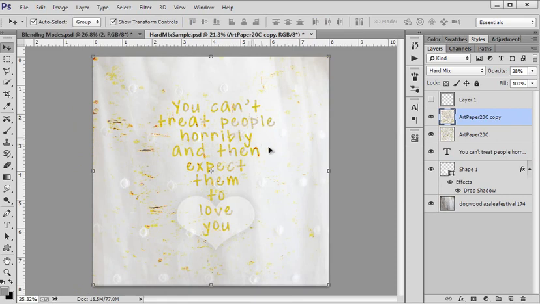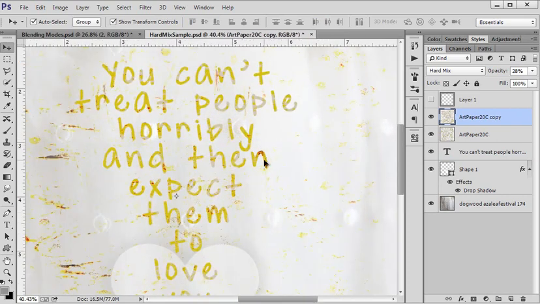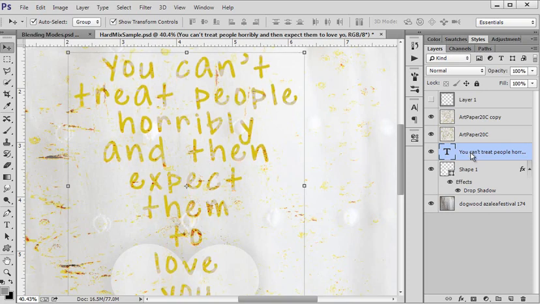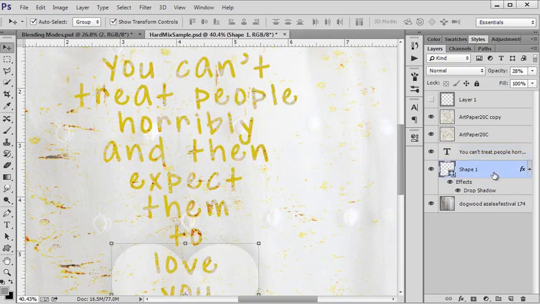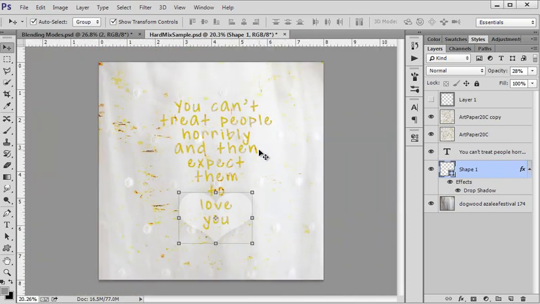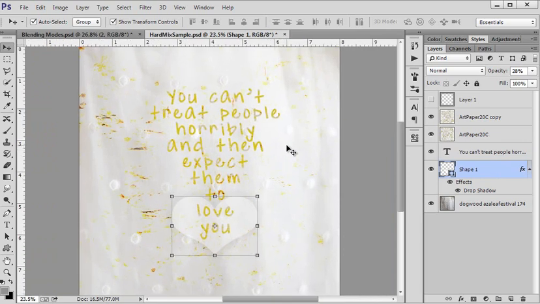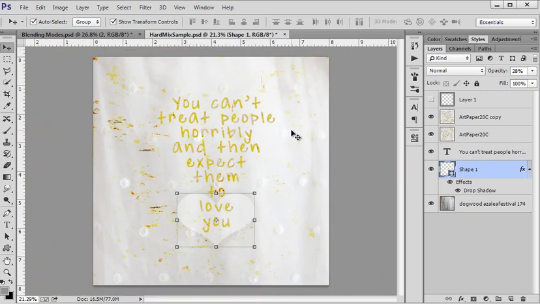So I don't really like how that is so red right there. Can I move my text up? And yeah, and then I got to move my heart up. There. Kind of was too red on the end, but I moved it from the part it was blending from just slightly, and that helped. Okay, so that's what, and then I was like, okay, well, this is looking good, and